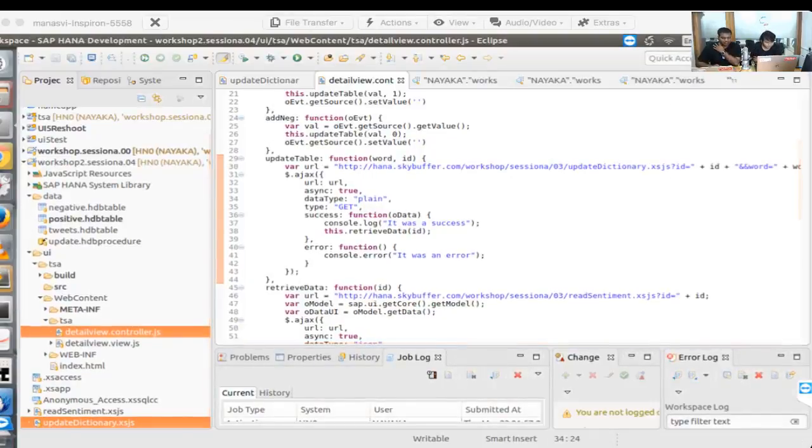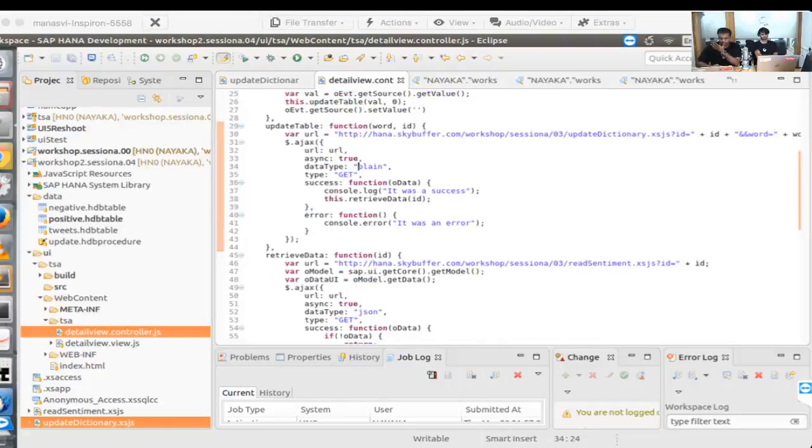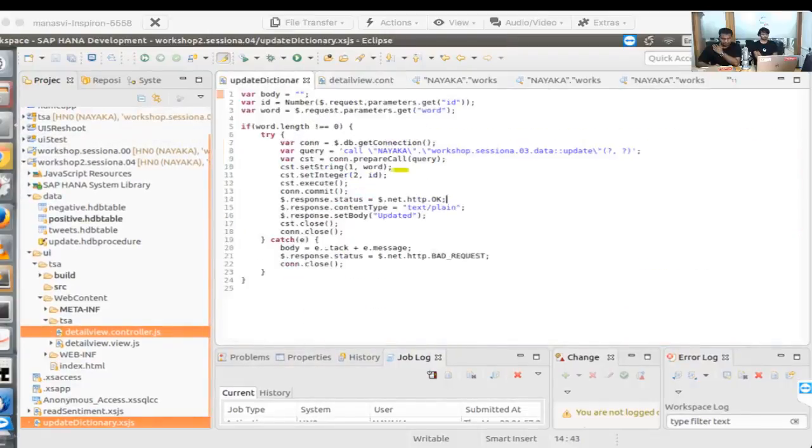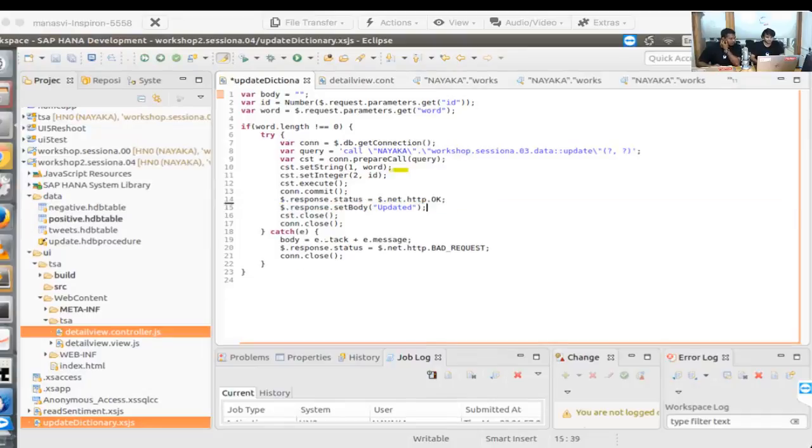So the final thing is we will find what is the service which is not giving the success. What I feel is instead of keeping it plain,